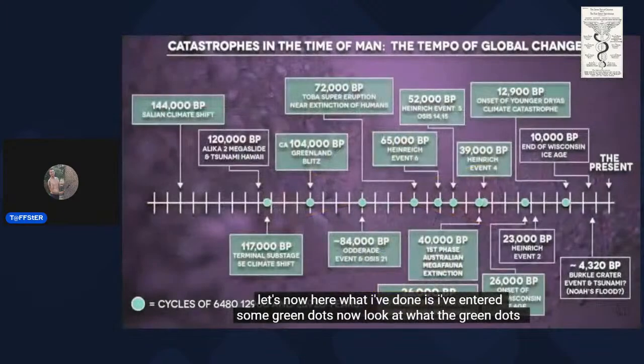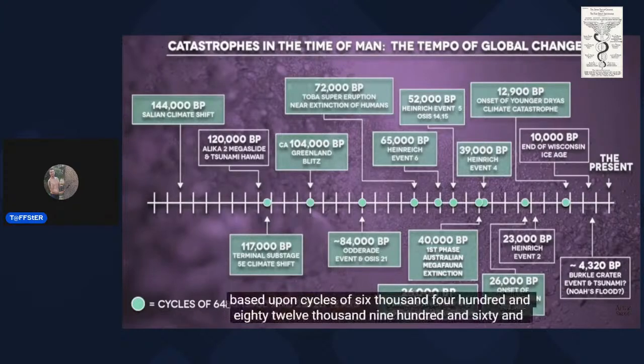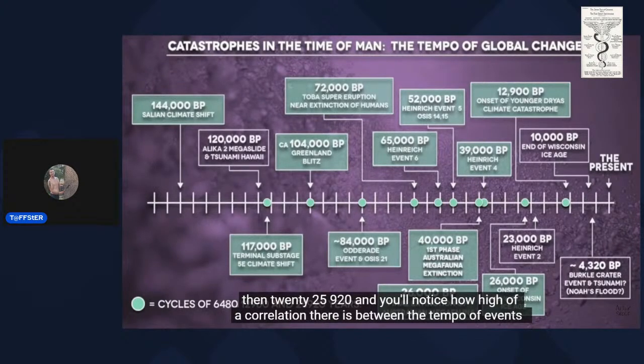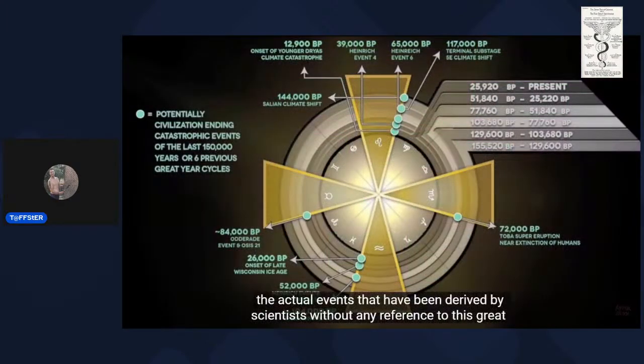Now here what I've done is I've entered some green dots. Now look at what the green dots are. The green dots are basically derived directly from the model of the Great Year, based upon cycles of 6,480, 12,960, and then 25,920. And you'll notice how high of a correlation there is between the tempo of events, the actual events that